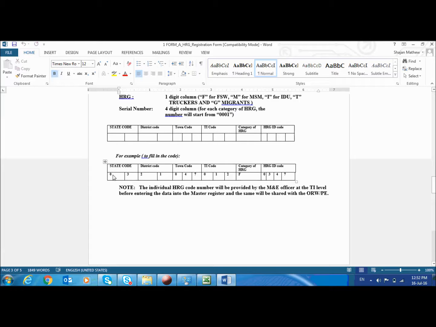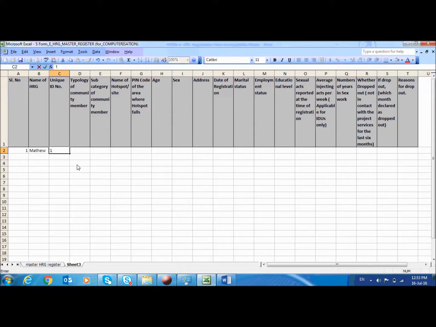code, that is the state code, district code, town code, TI code, and the category of HRG and HRG ID code. This is a 4-digit number. For now, in our practice section, we will only consider the last 4-digit as the ID. So here we are going to enter 1 here. I will come back later on to why we are entering only the last 4-digit here. This is basically for the ease of entry,